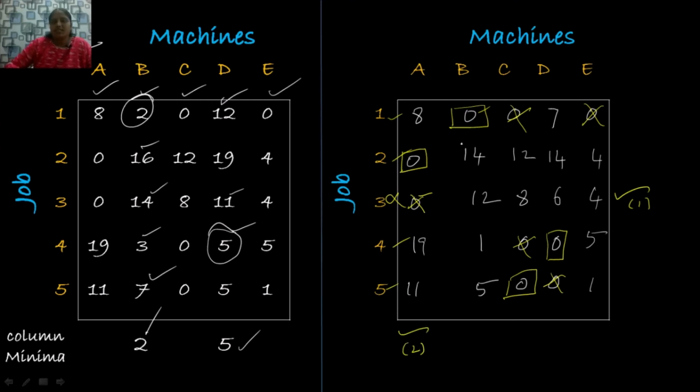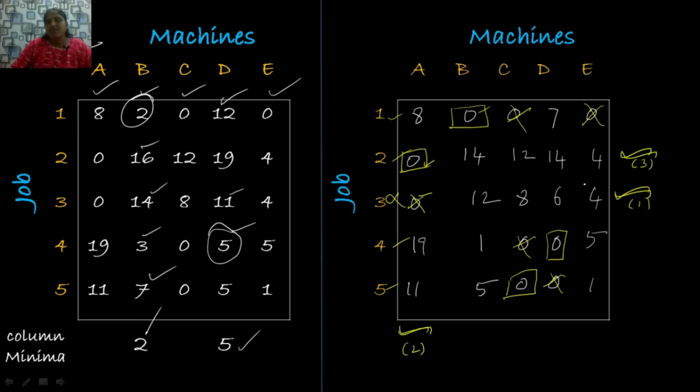After marking this column, look at the elements in the column and check is there any assignment. So there is an assignment at this position. If so, you mark this corresponding row. This is your third step. So mark the row which doesn't have any assignment. So in this row, if there is a 0 element, then mark this corresponding column. So in this column, if there is an assignment, you mark that corresponding row.